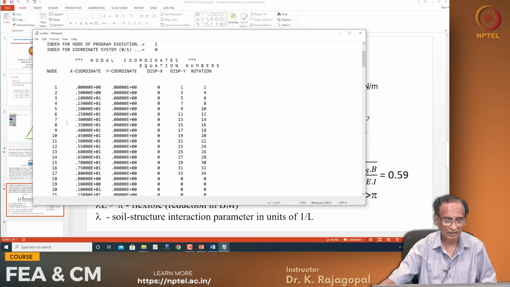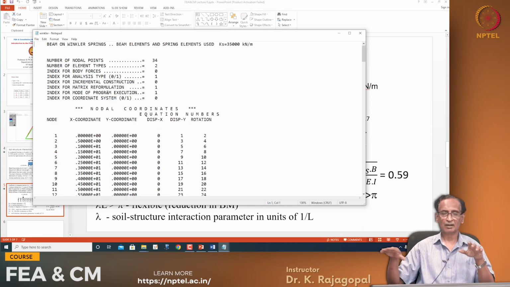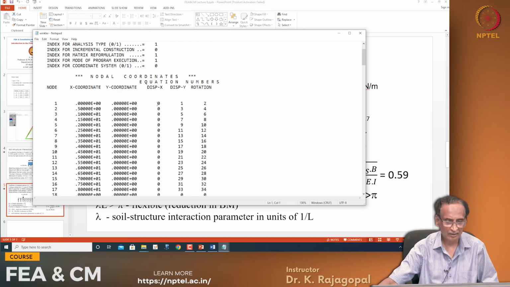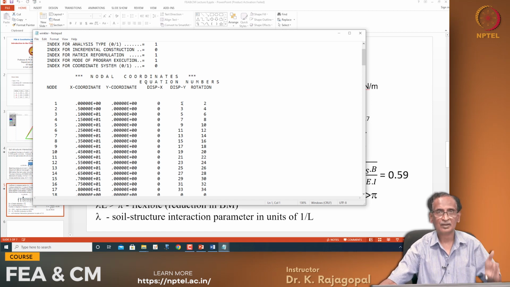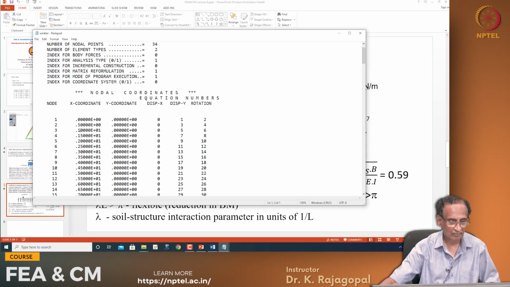So if we look at our x coordinates, x coordinate 1 is at 0, 0, second one is at 0.5 and 0, and actually the entire beam is along the x axis, so there is no y coordinate. And then in our analysis we have neglected the axial deformations, so there are no equation numbers in the x direction, everything is 0, and there are only displacements in the y direction. Okay. And we have totally 17 nodes along the beam,